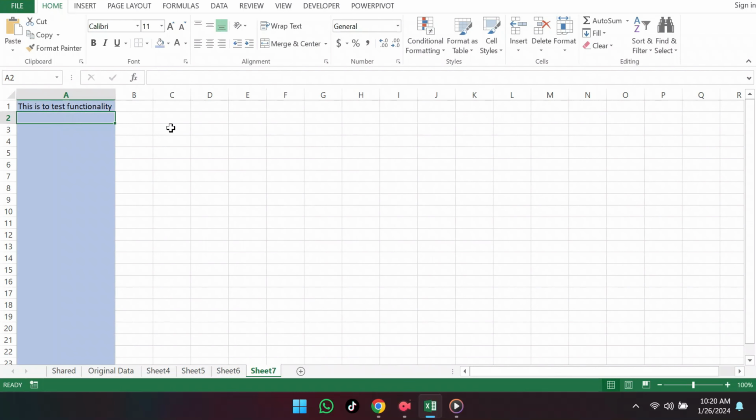Just be aware, in order to save this functionality, you will need to save your Excel workbook as a macro-enabled